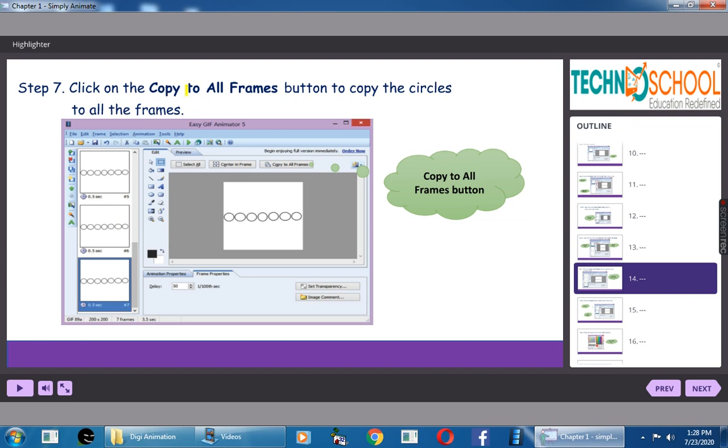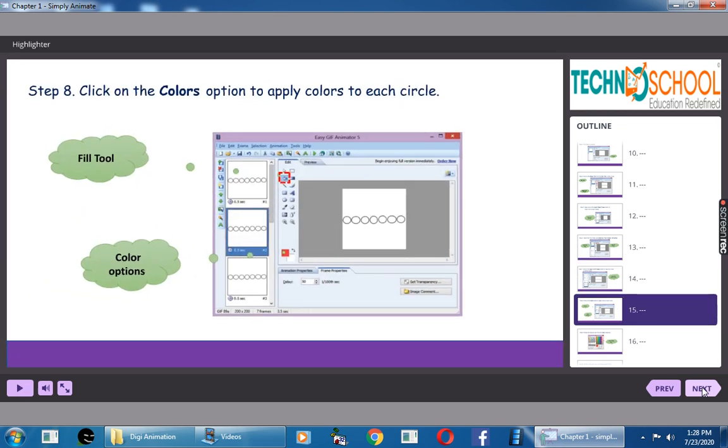If you click on the copy to all frames button, see here, this one, all the 7 circles will be copied to all the 8 frames. The first frame we drew, so the remaining frames will be copied. Simple task. Within a second we can complete all the frames.